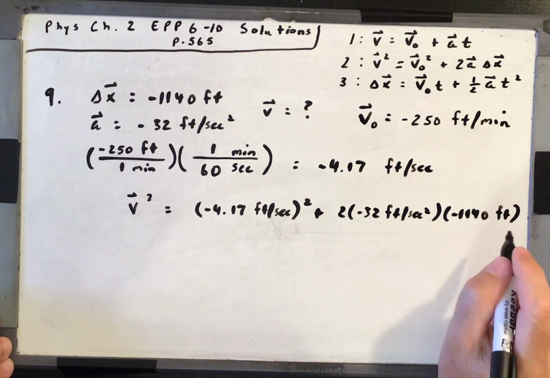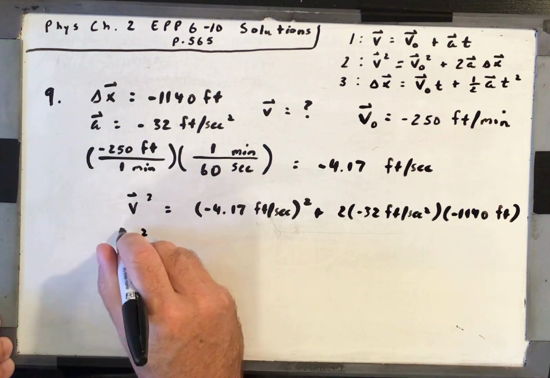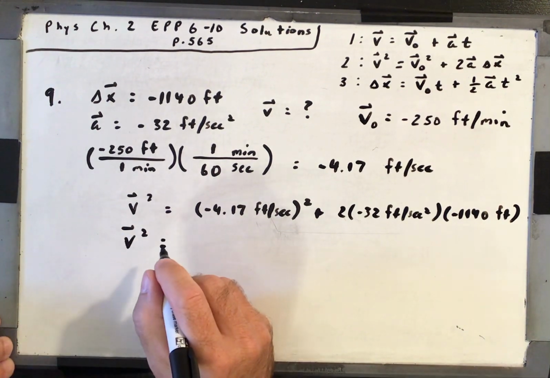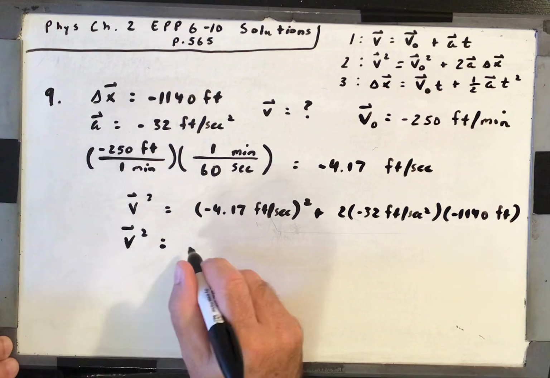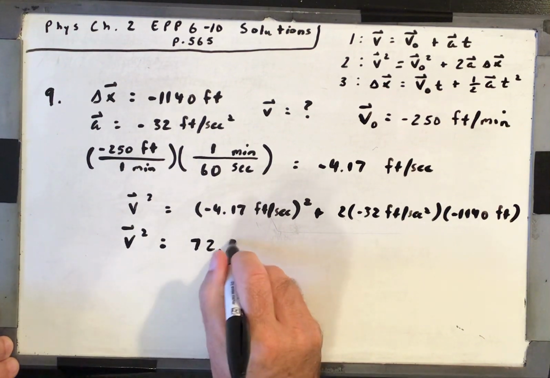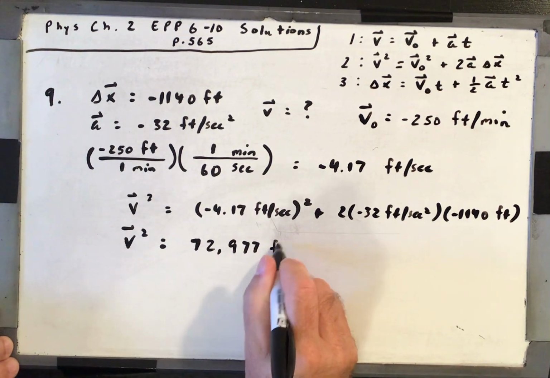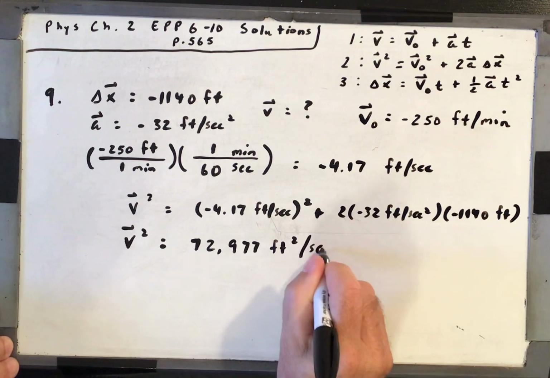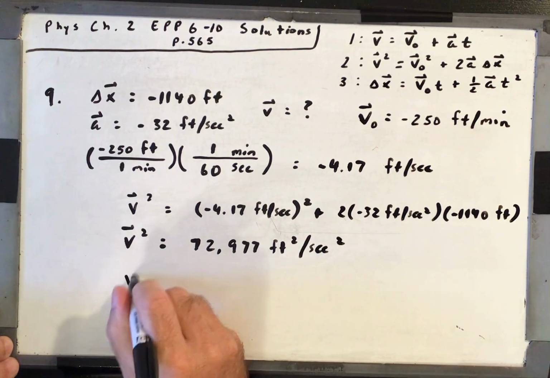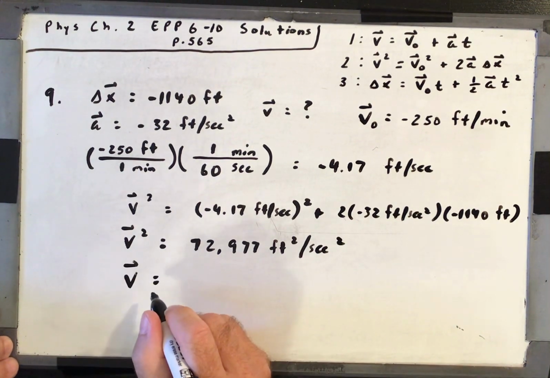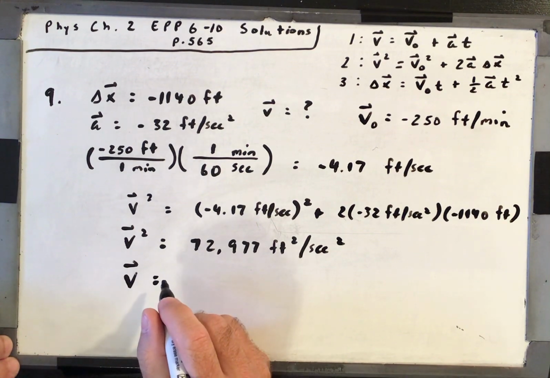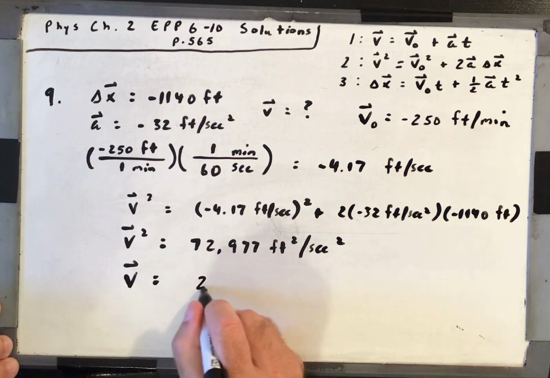All right, so that's going to give you a velocity squared of 72,977. So if you take the square root of that, velocity is 270.14